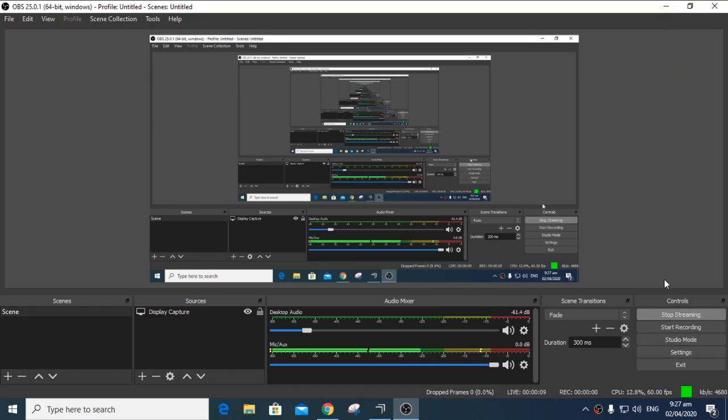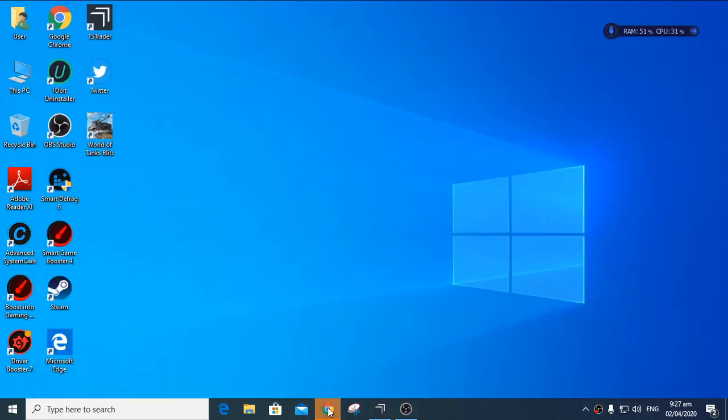I need to change some settings on this. Wow, I said 60 FPS. I've not seen any frame drop rate, so yeah. Alright,